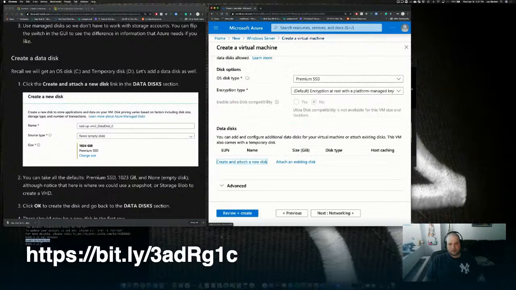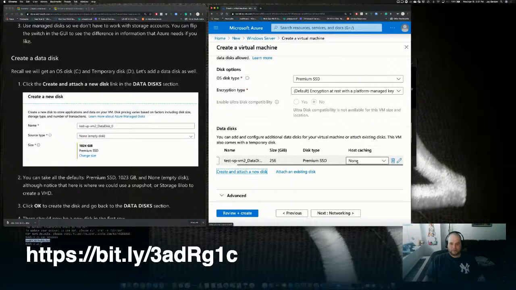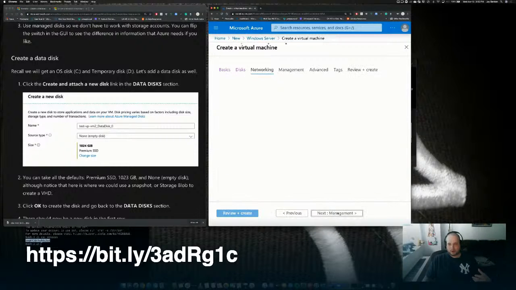And then go ahead and click OK. And that's at LUN 0. We can modify it to have read-only or write-back caching, or read-write caching if we need to worry about a large amount of reads or tons and tons of read-writes that are going to be happening. All right, so let's go to read-only, go to networking,